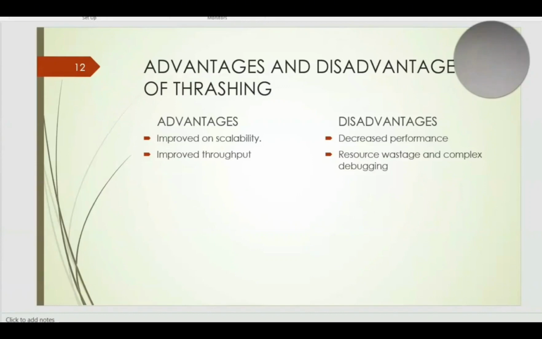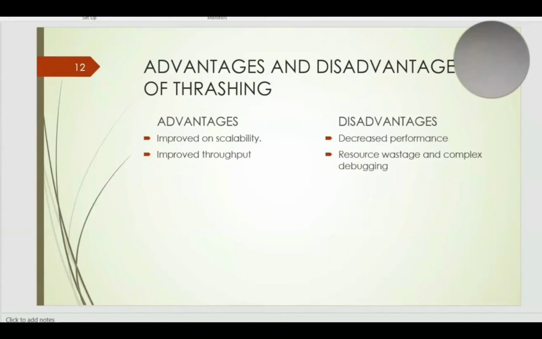And the second one is improved throughput. Crashing can lead to improved throughput as more time is spent on actual computation rather than on overhead tasks like context switching